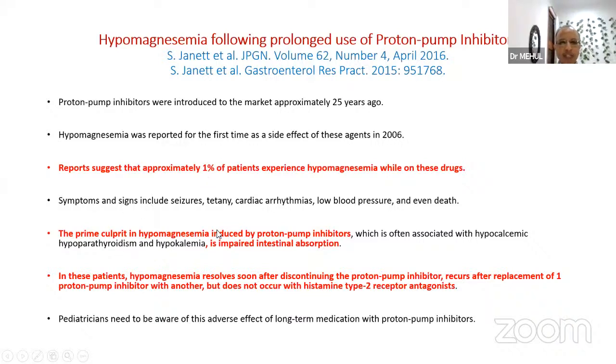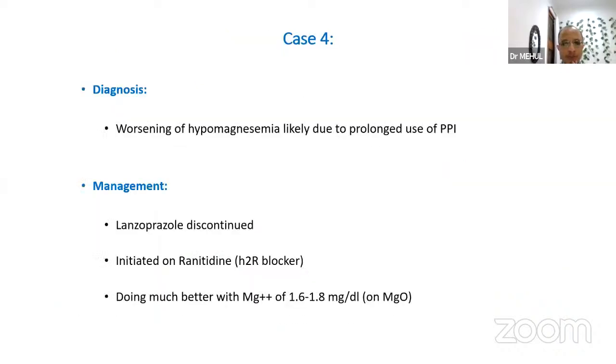The prime culprit in hypomagnesemia induced by PPIs is impaired intestinal absorption. We do not know how the PPI inhibits the TRPM6 transporter, but it is believed to be because of the inhibition of the active transport of magnesium across the transcellular pathway. So pediatricians and physicians need to be aware of this adverse effect of long-term medication with proton pump inhibitors. And this is what we thought was contributing to her worsening of hypomagnesemia, because she was on lansoprazole along with her COX-2 inhibitor. We discontinued lansoprazole, initiated her on ranitidine, and she has been doing much better over the